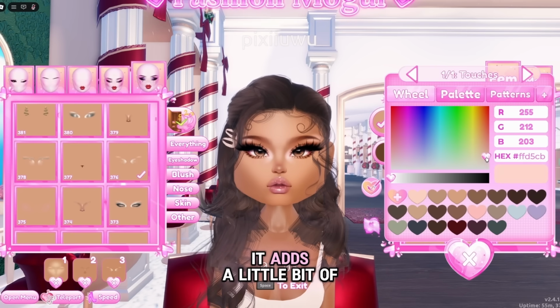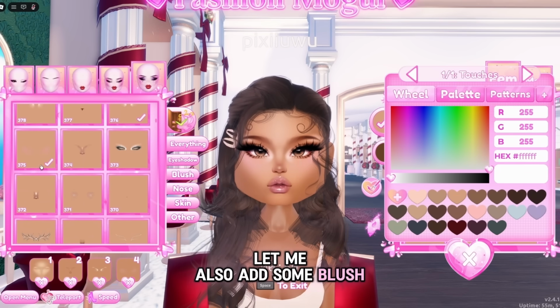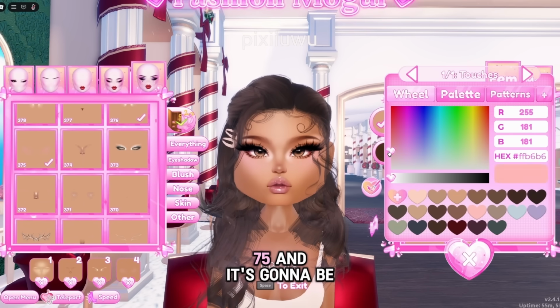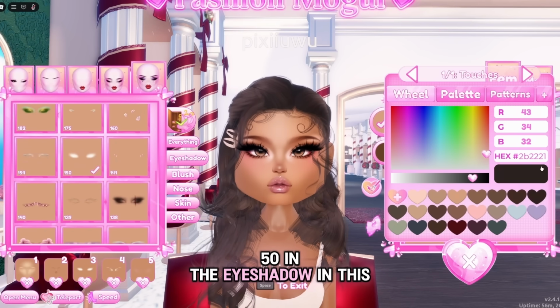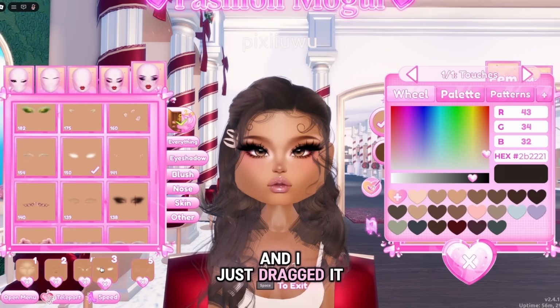I just love how it adds a little bit of eye highlight, and I'm going to use it in this hex code. Let me also add some blush. We're going to use number 375, and it's going to be in this hex code. I'm going to use number 150 in the eyeshadow in this hex code, and I just dragged it down to